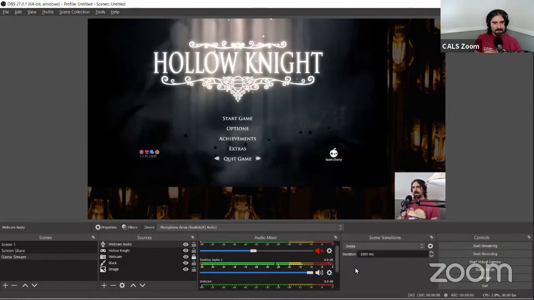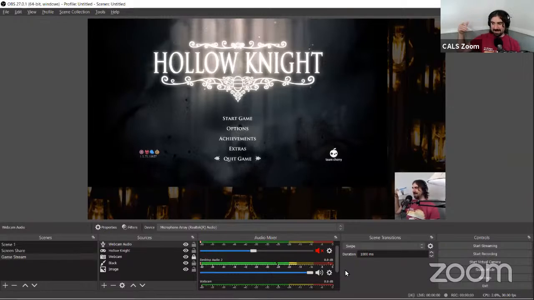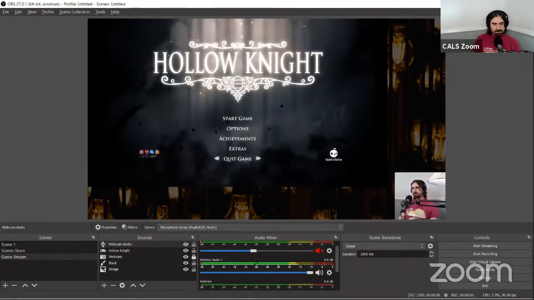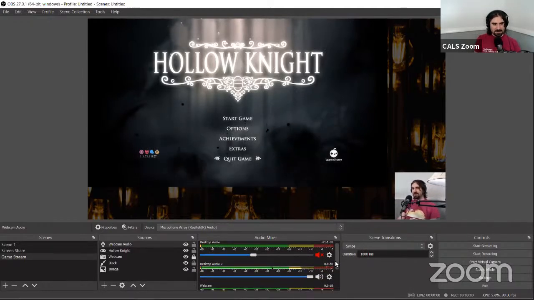So you may need to check some settings depending on your microphone. I've got the instruction booklet for this microphone right here, and I looked at it to try and figure out how to make it sound pretty decent. But yeah, there's a really good chance you'll have to play around with it a little bit to get it to work right. Assuming that the audio that's coming into your microphone is fine,